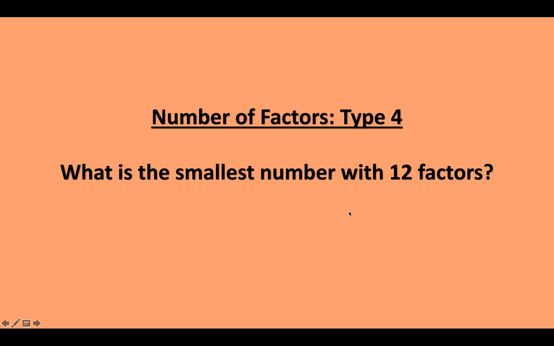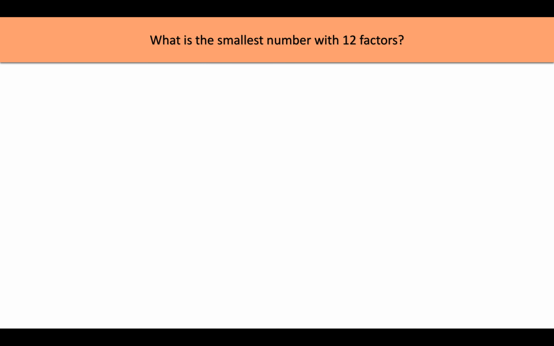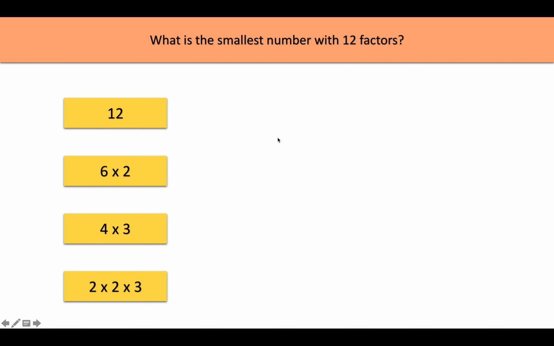So this is a different sort of question. Till now what we were discussing is we are given the number and we are supposed to calculate the number of factors. This one is reverse. We are given that the number has 12 factors and we need to find the smallest such number, right? So we'll go the reverse way. So first of all, let's see how 12 can be written. 12 can be written as 12 or 6 into 2 or 4 into 3 or 2 into 2 into 3. These are the only ways that you can express 12 as a product of multiple numbers, right?